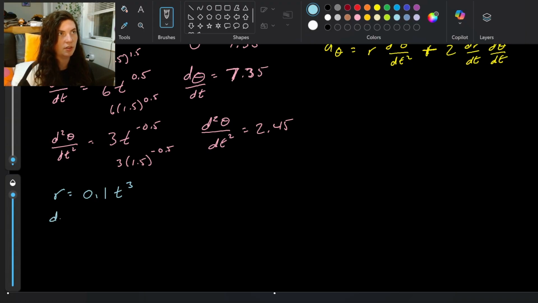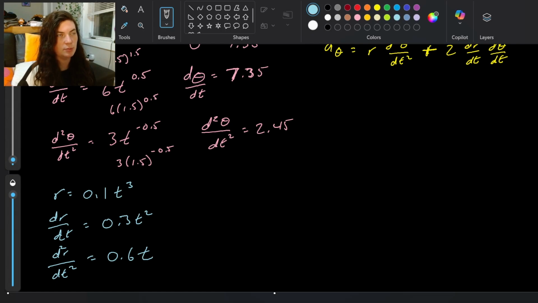So the derivative of r with respect to time is going to be 0.3 t squared. Take another derivative. I don't actually know if I even need this derivative, but I'm going to take it anyways. d squared r over dt squared, second derivative, r double prime, r with 2 dots over it, whatever floats your boat,